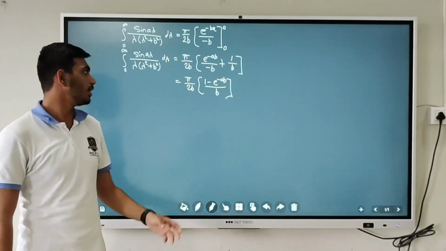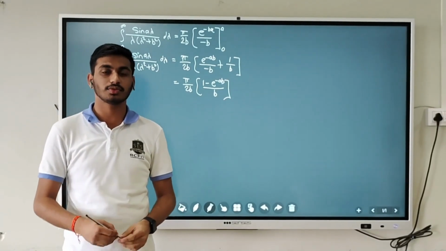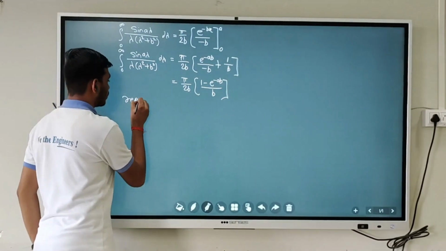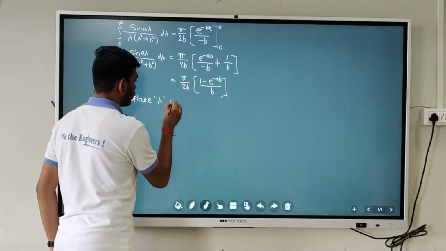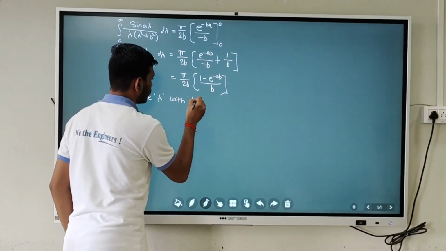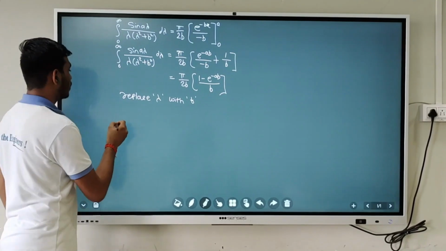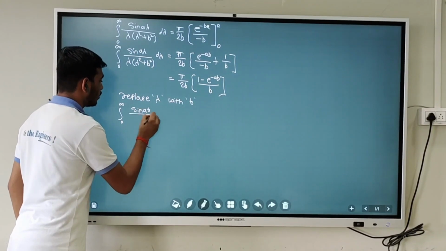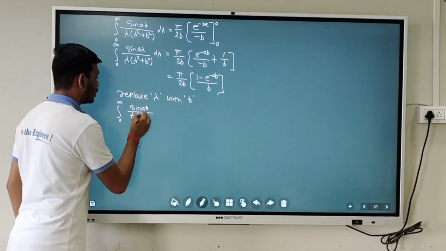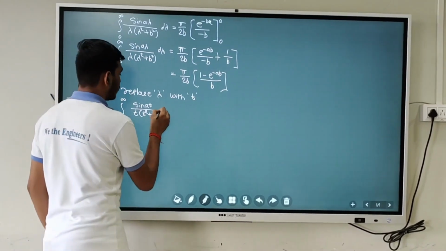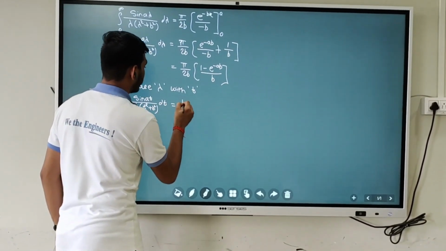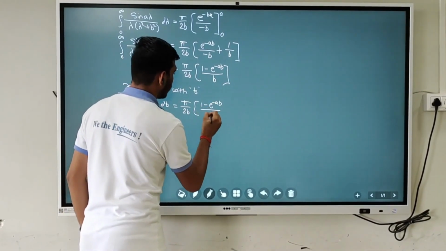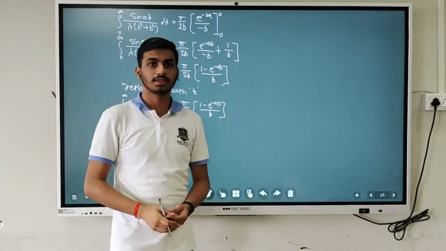This is the final answer in terms of lambda, but we have our function in terms of t, so we will replace lambda with t. After replacing, we get integration from 0 to infinity of sin of at upon t times (t square plus b square) with respect to t is equal to pi upon 2b times (1 minus e raised to minus ab) upon b. So this is the required